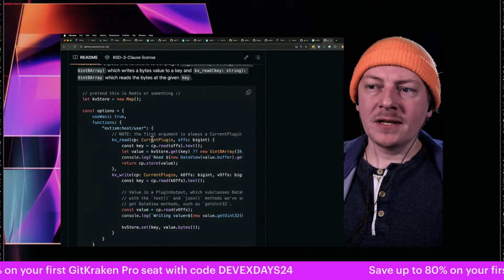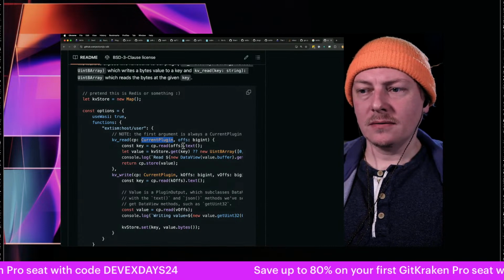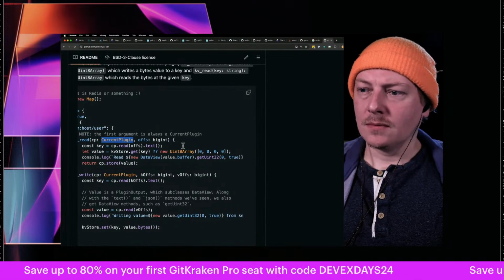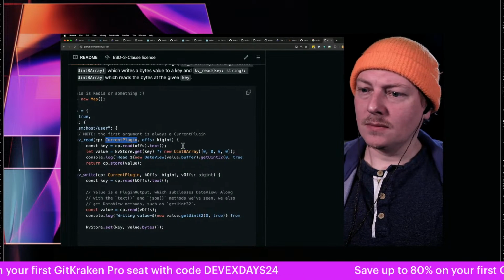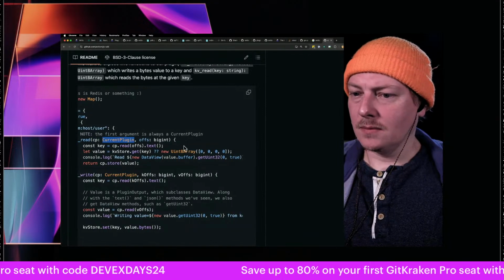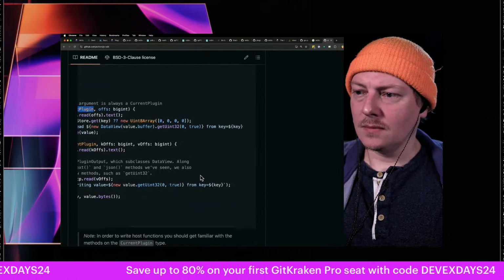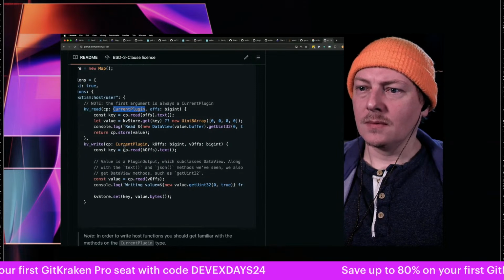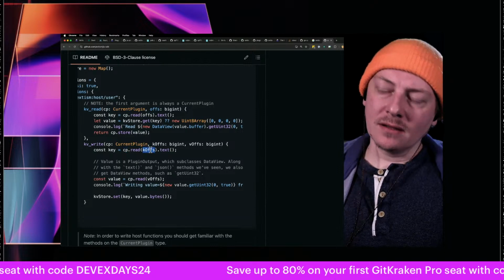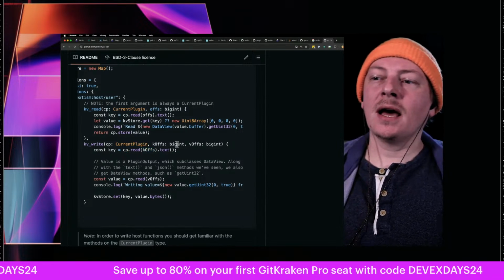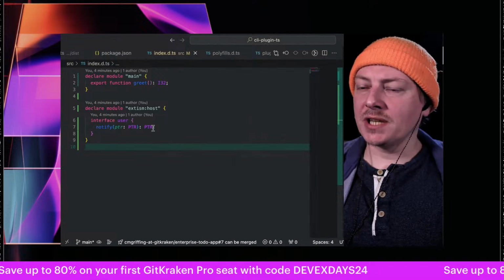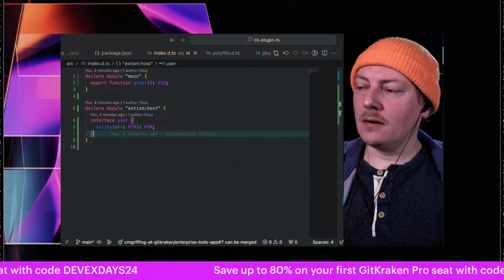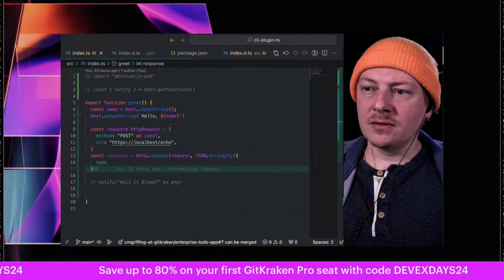So the first argument is always current plugin. And we have to read the offset and convert it to text. Aha. Okay. So that makes more sense. So that's why this is a pointer. Okay. So then if we go to